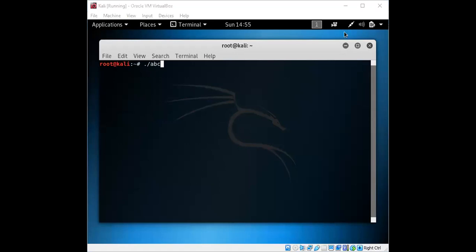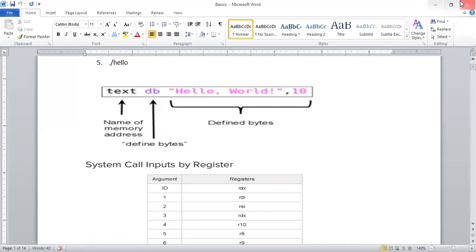So we'll discuss these contents one by one. I hope you are able to get the scenario of how to execute this. This is the simplest way. If you are using an open source platform, it will be easy for you to execute. Otherwise, you need to make use of DOSBox with Visual Studio. So we'll now get to the basics related to this. Okay, hope you are able to get this file.